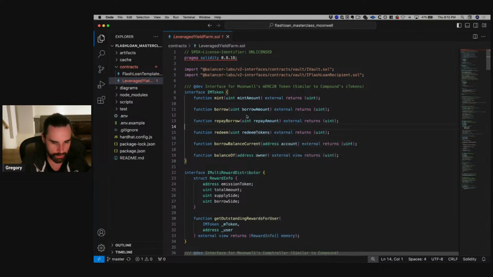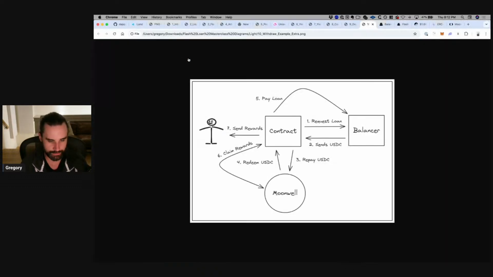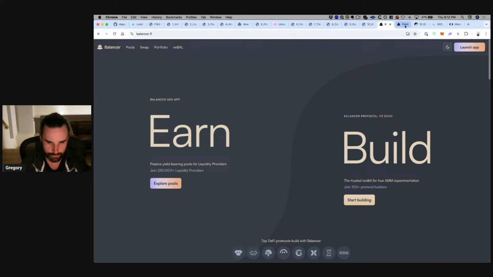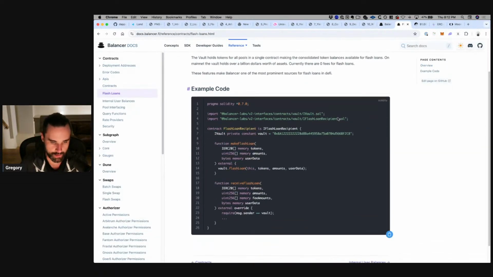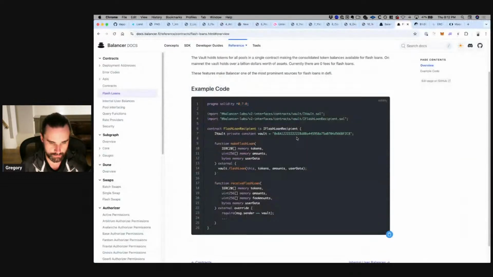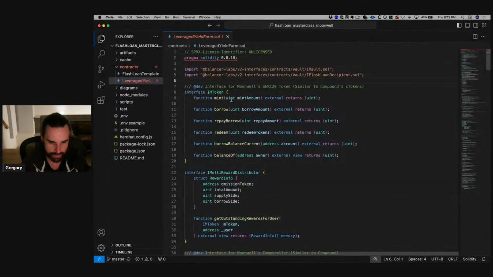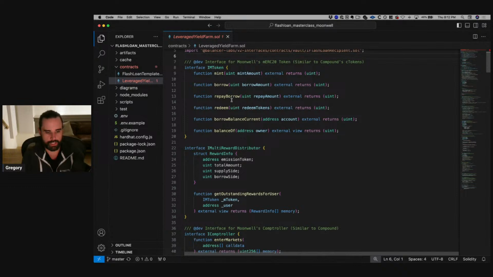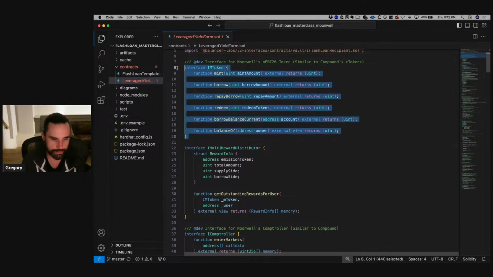Again, we import at the top of the file what Balancer tells us to do. If we go to our Balancer flash loan template here, we just set the Solidity programming language version at the top, and we import the libraries just like I showed you last time. But we also import some interfaces that are specific to Moonwell. Interfaces are like a skeleton of a smart contract. It doesn't have the code for the whole contract in there. It's just the interface that says, these are the functions on the smart contract, and you can load them up and call them.